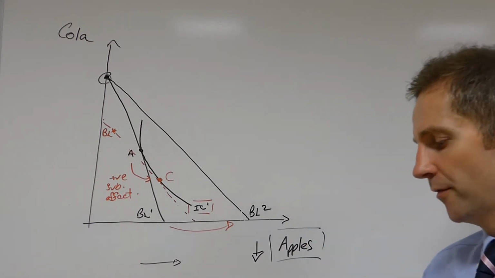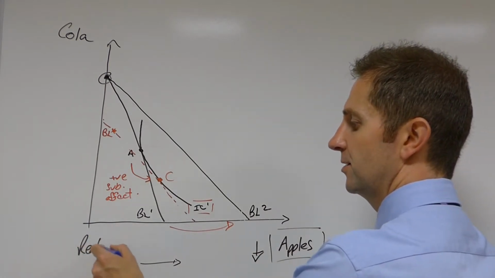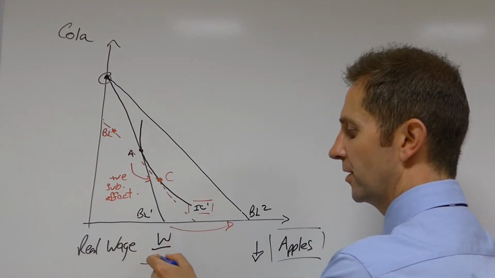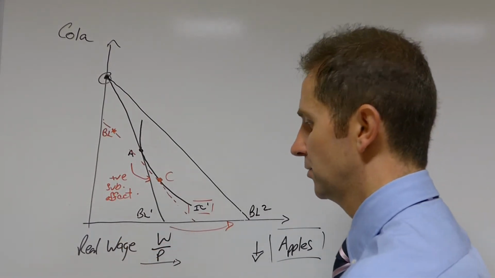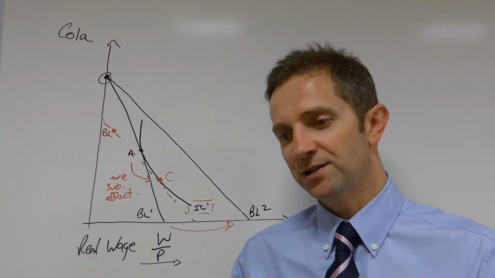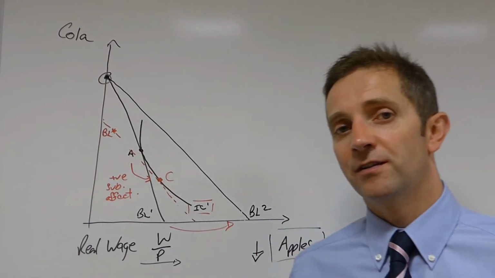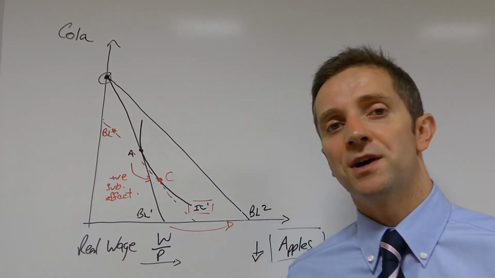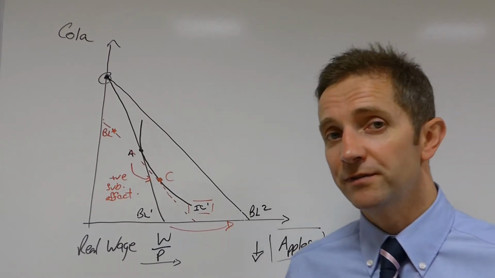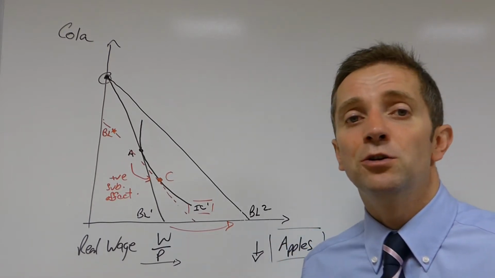What about the income effect? Well, you'll remember, ladies and gentlemen, there's something called our real wage, which is W, the money wage, divided by the price level. So if your money wage, let's say, is £100 a week, and the price level of an item you're buying is £50, then you can obviously afford to buy 2 of those items. If the price level falls, let's say to £25, but your money wage remains constant, then obviously you could buy